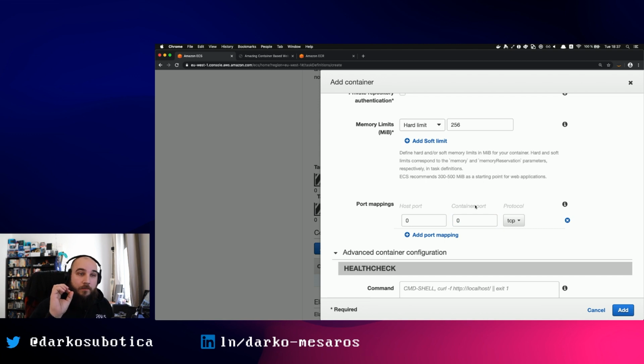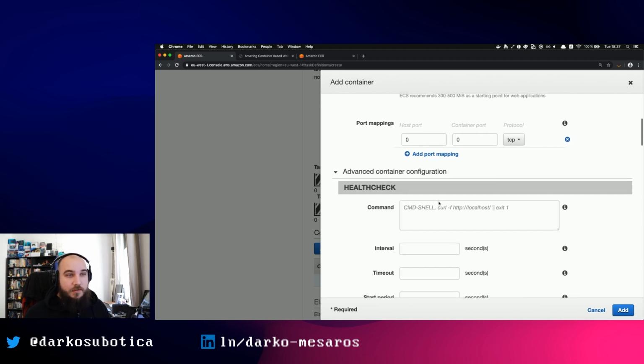So why am I doing this? It's basically going to use a random port for the host. If I defined port 80, that means that my container would actively listen on port 80, and in essence it would occupy port 80 on my EC2 instance, which in turn means that I can only have a single container running on that instance. So if I just define 0, it is going to use a random port,